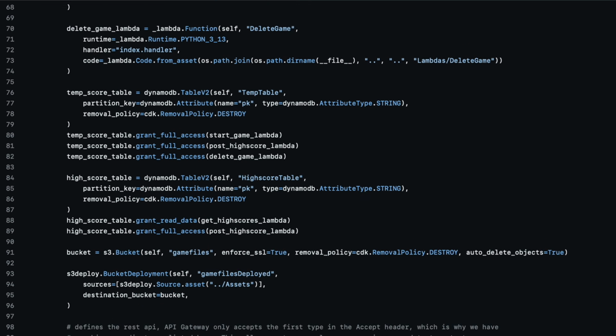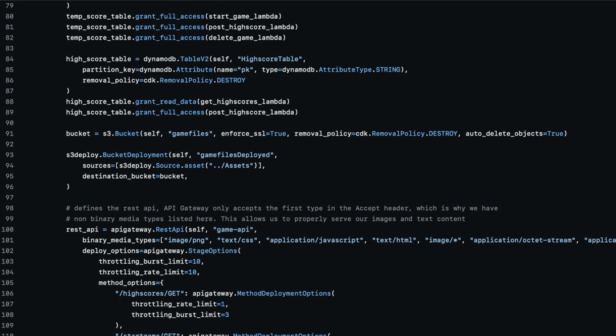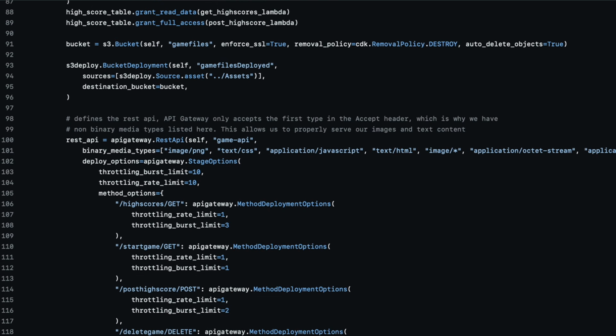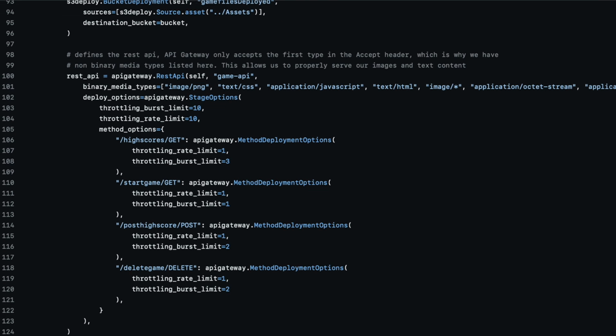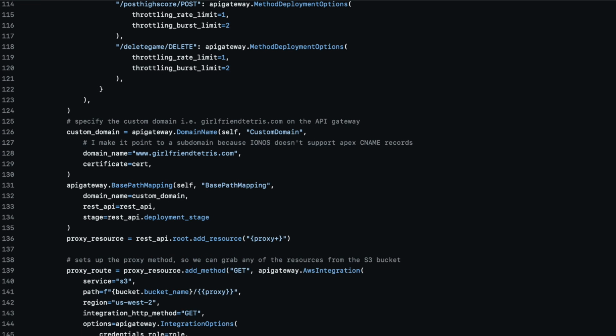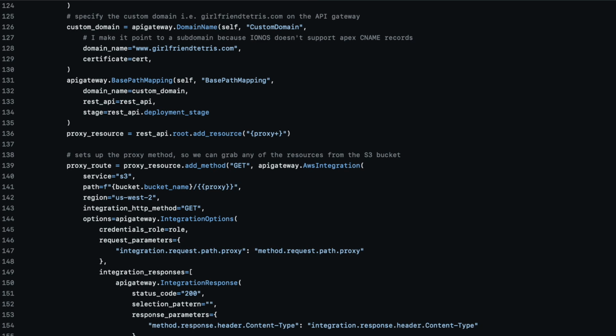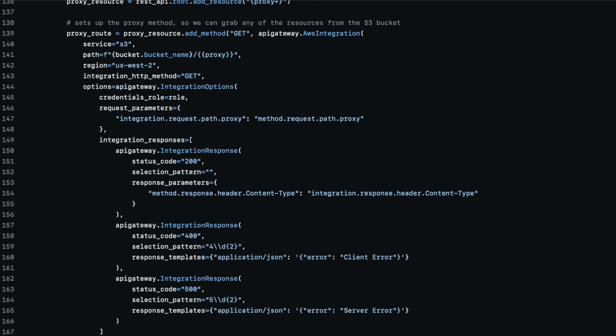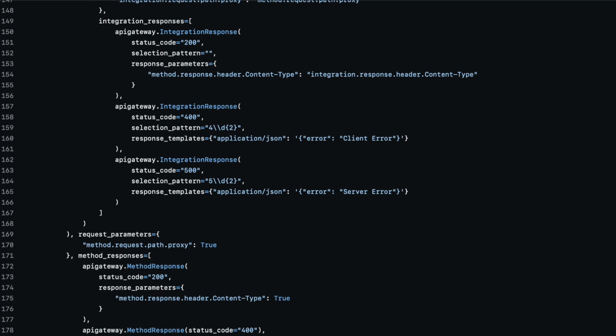But after all that, I finally have this to present to you. With this code, I can spin up the whole stack whenever I want. I just rerun the cert generation to get my domain validated, then redeploy the app infrastructure. S3, DynamoDB, Lambda, API gateway, all in one go. And with the little addition of a